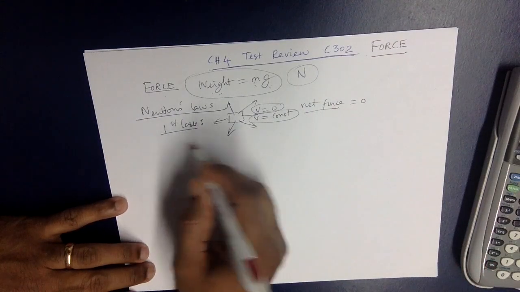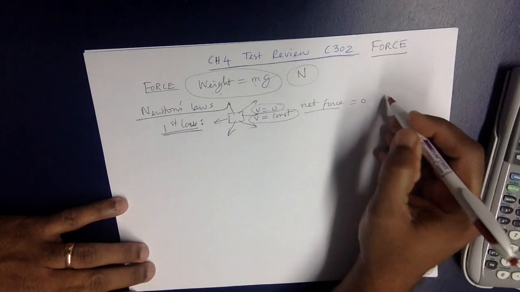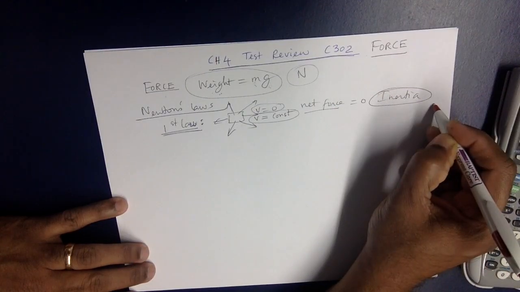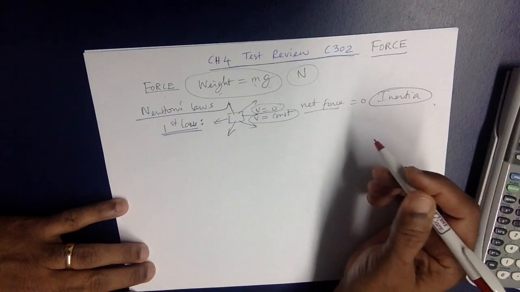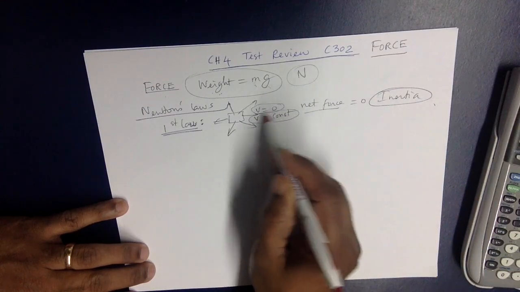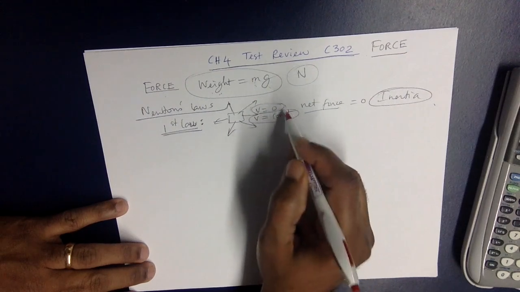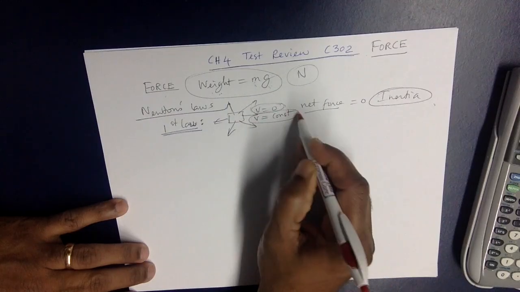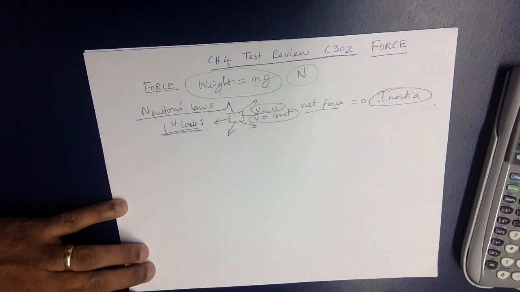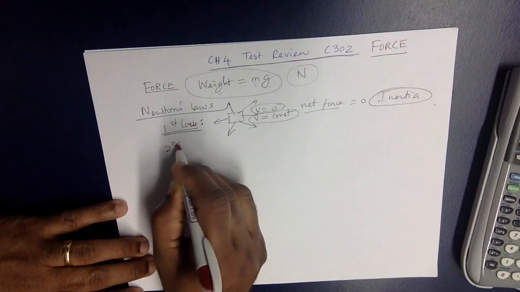Now, the other thing that is implied in Newton's first law is the term inertia. So what is inertia talking about? Inertia is a tendency of an object to stay in the same state, which means if the velocity is zero, it has a tendency to stay with that same velocity. If the velocity is constant, then it has a tendency to stay with that constant velocity. That's called inertia. And then on the second law,